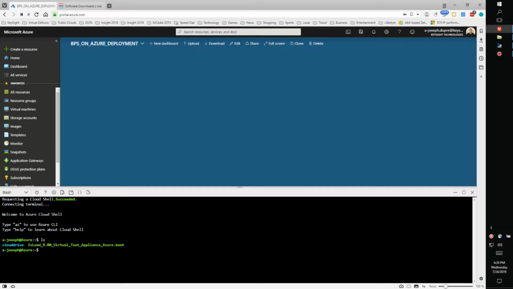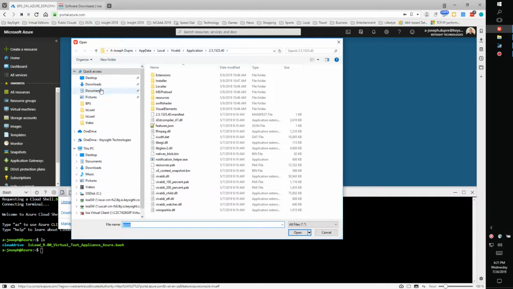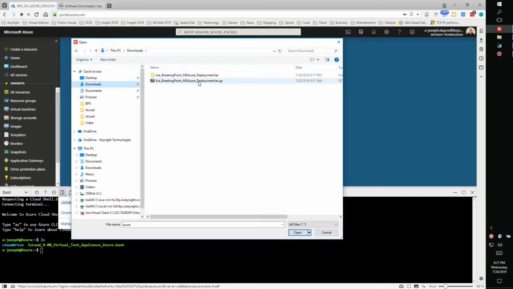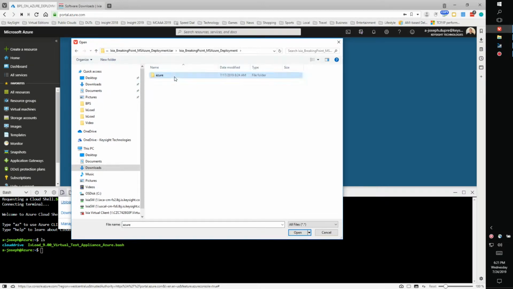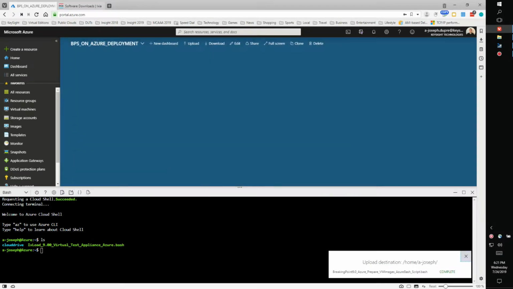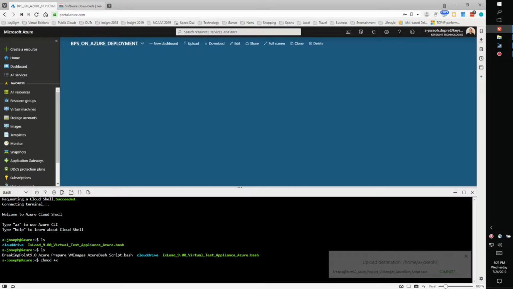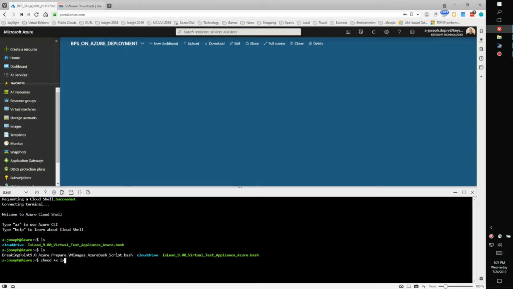You can see that I have a bash script for our Ixia IXload product in there, but I need to upload my BreakingPoint example. So I'm going to go to my download folder there. I'm going to browse for that bash file. Okay, it's been uploaded, so if I do an ls now, I can see it. Now, one of the things you need to do is make it executable, so chmod +x ixload